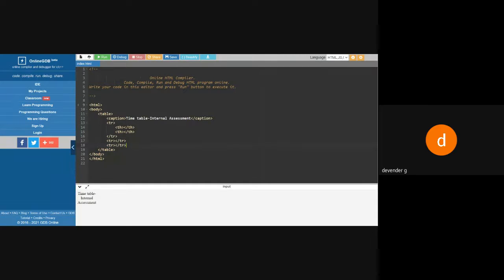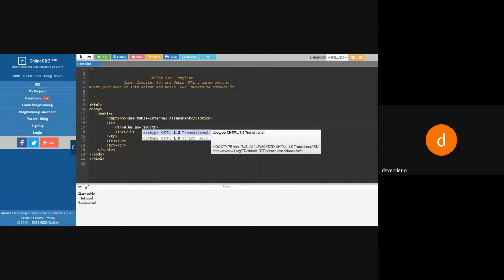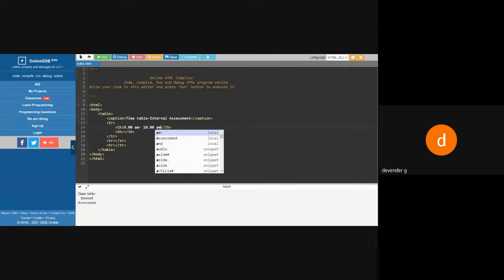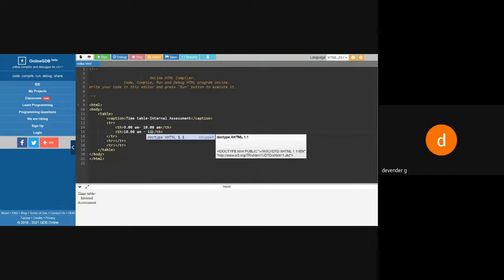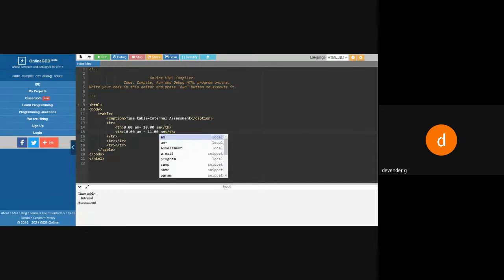Now for this, I need a heading. So I'll say 9 a.m. to 10 a.m. And I'll say 10 a.m. to 11 a.m. So this becomes the heading now.